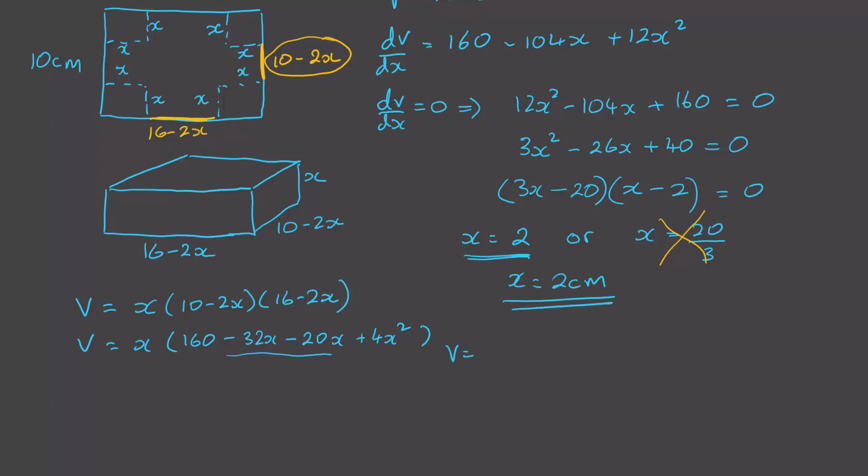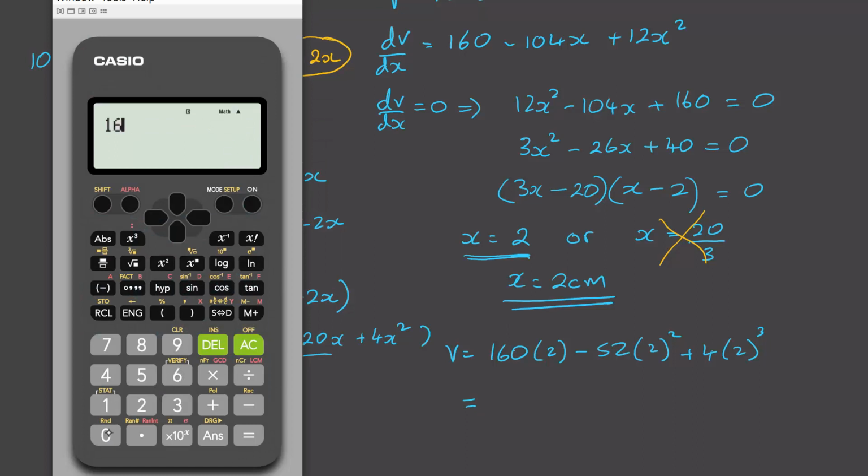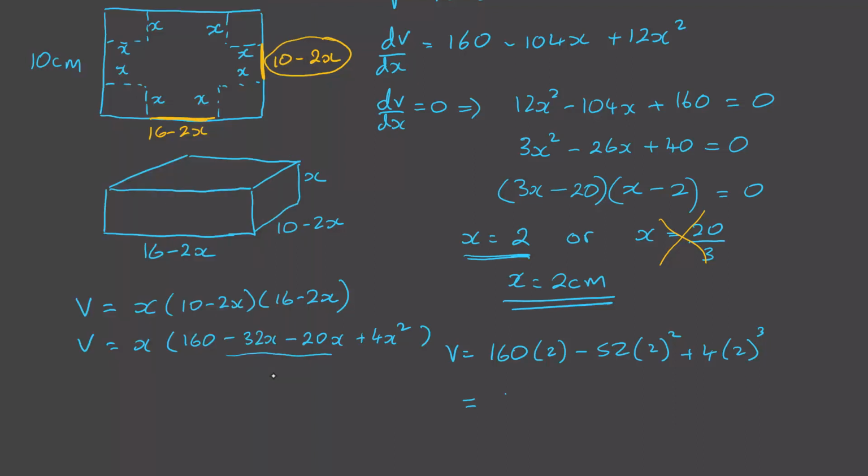And then the volume is going to be 160 times 2, take away 52 times 2 squared, plus 4 times 2 cubed. So we can calculate that. So 160 times 2, take away 52 times 4, add 4 times 8, gives us 144